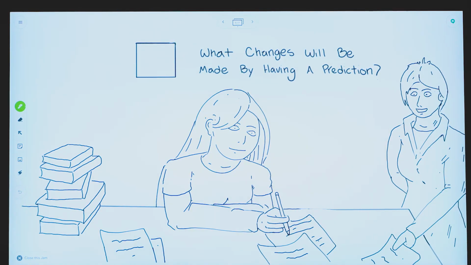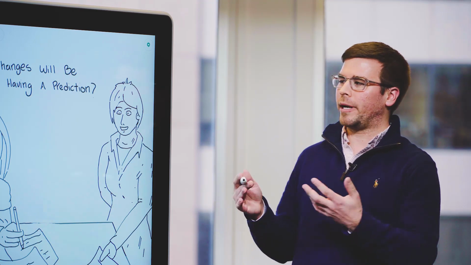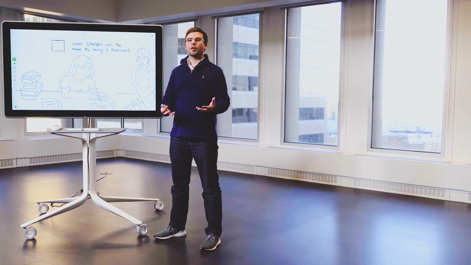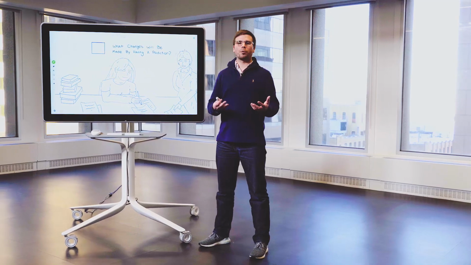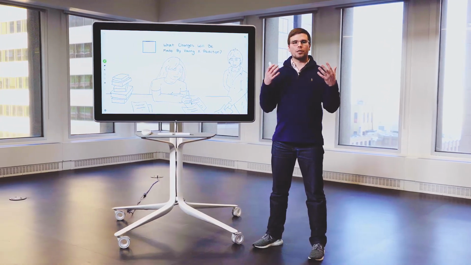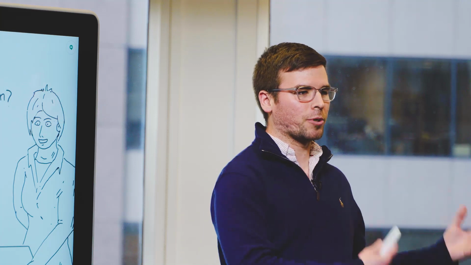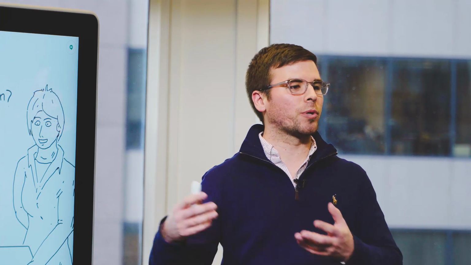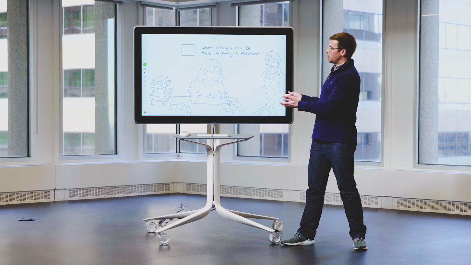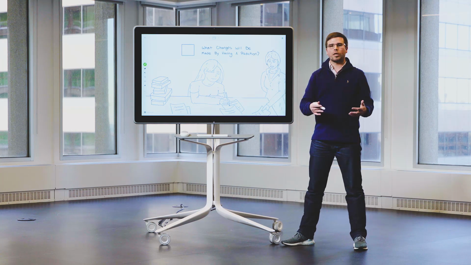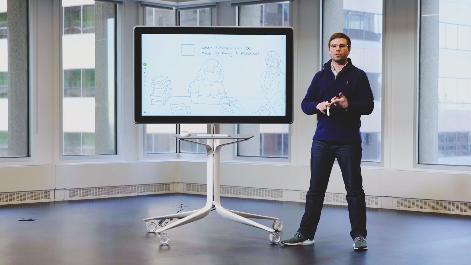Next, we need to ask ourselves, what changes will be made by having a prediction? Having a prediction is actually not all that important because the prediction in and of itself is not all that valuable. It's important to be able to take action based on the prediction and thus introduce change to an existing process. In the case of the university, an at-risk student might be assigned tutors, mentors, counseling, office hours, or other